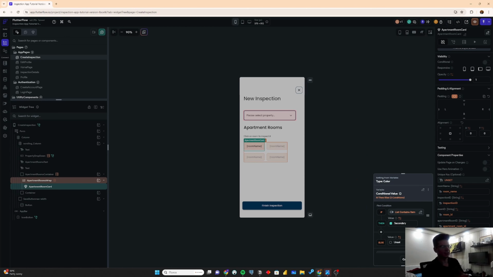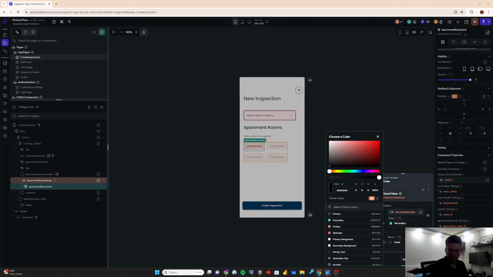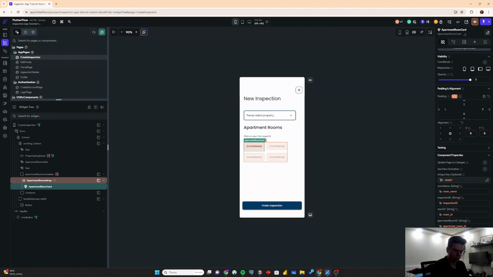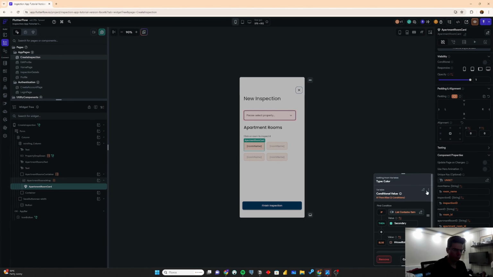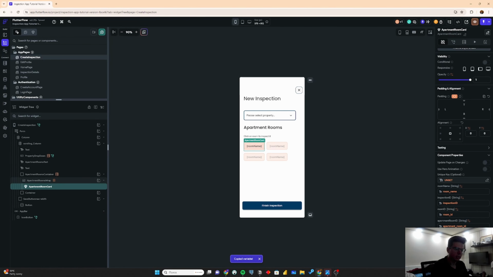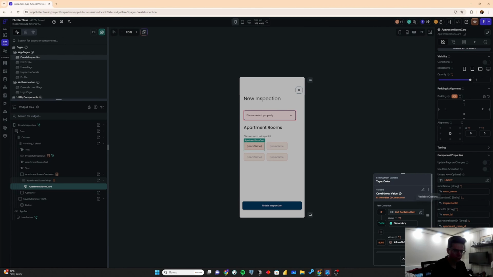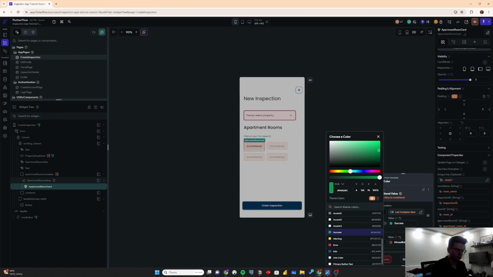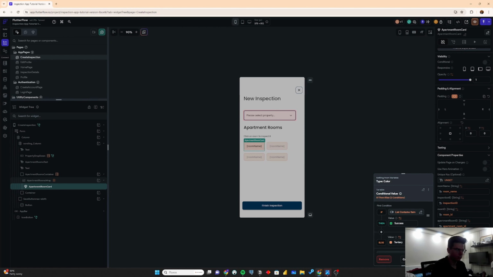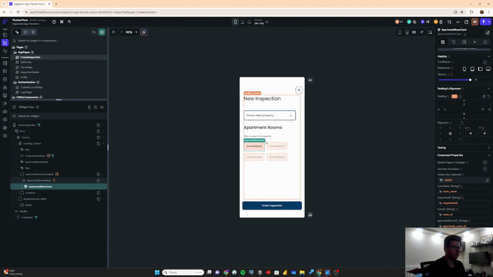And if it contains the apartment room ID, then we'll paint it green, and in other case we'll paint it like this. Confirm. We can copy this variable and paste it here simply because we'll change only the colors. Okay, that's it. We have finished